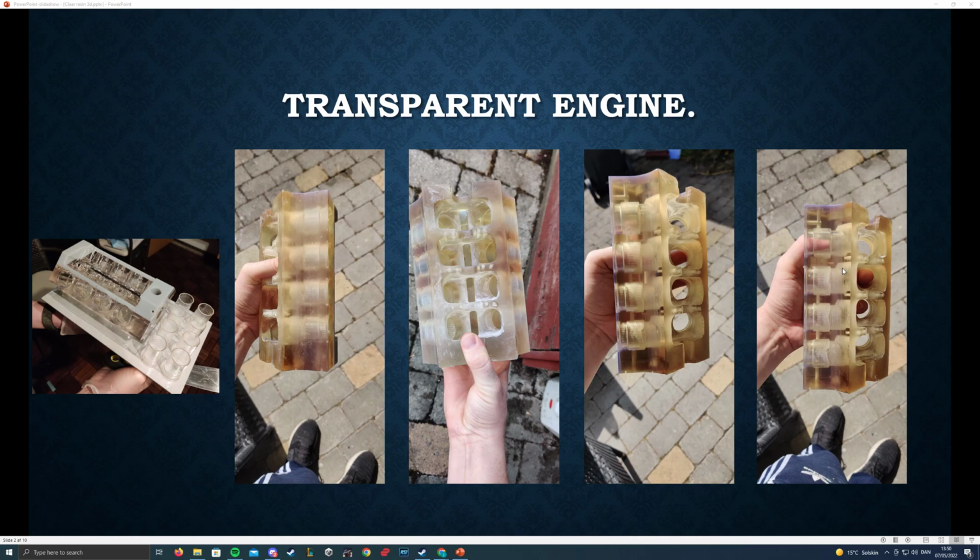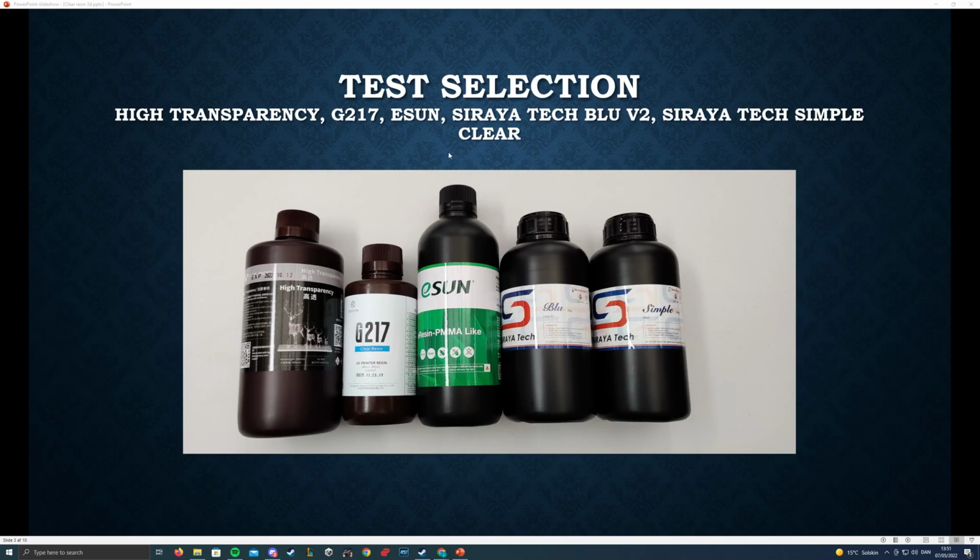I could have done it more carefully and better all over the engine, but then it would still be very yellow and not so nice to look at. And it took a very long time. So I went on the internet to look for a better product. I then tested all of these